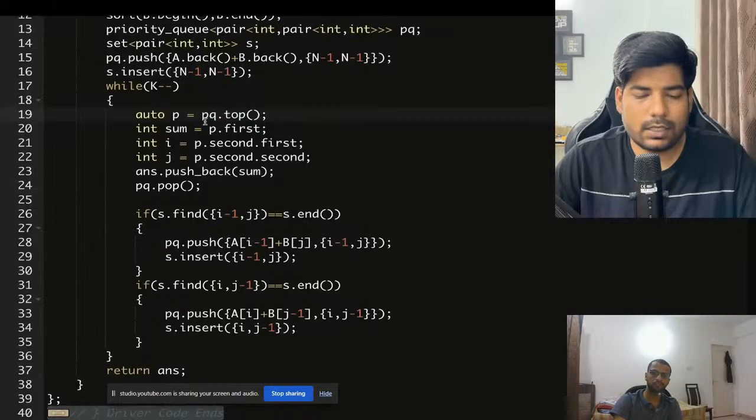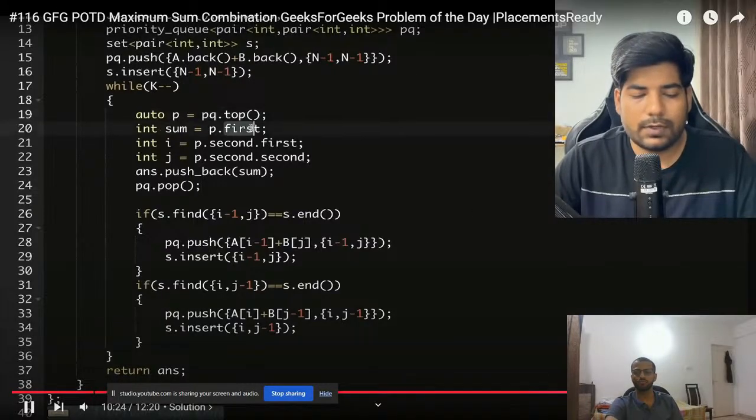Now, what will be the first element? That is going to be pq.top. But pq.top will be of type pair of int comma pair of int. Now the sum we can easily get using the first element of